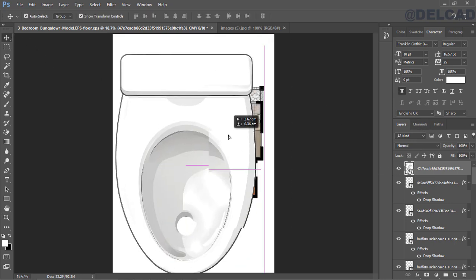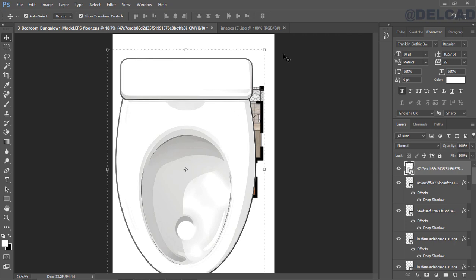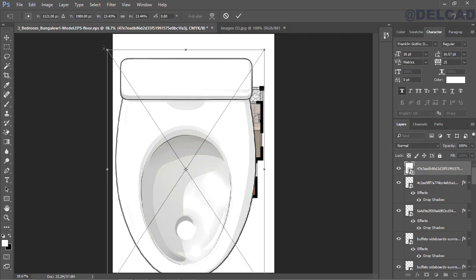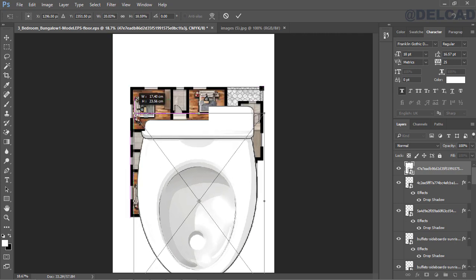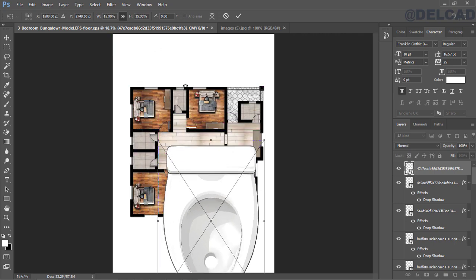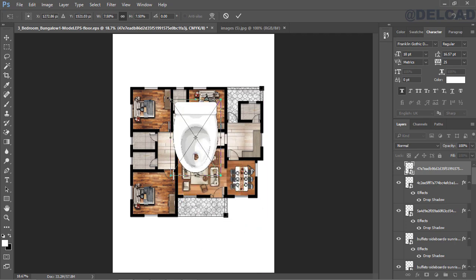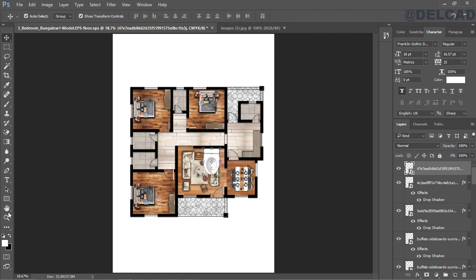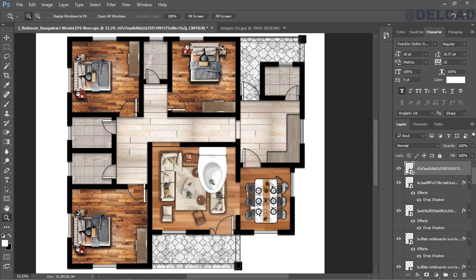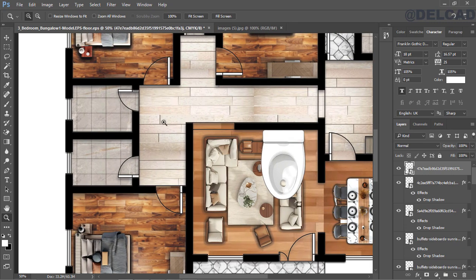So drag this and Ctrl T to transform, and we can adjust this. Make sure the aspect ratio is maintained, and we can scale this down relatively very small, and again go back to zoom, and we can zoom out. So we zoom out up to this extent